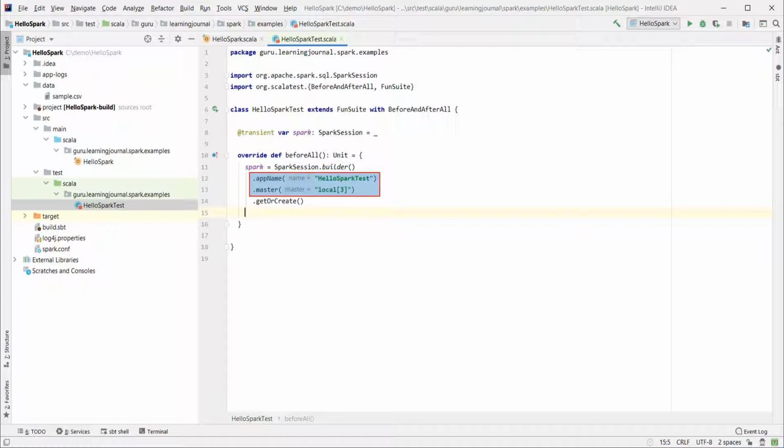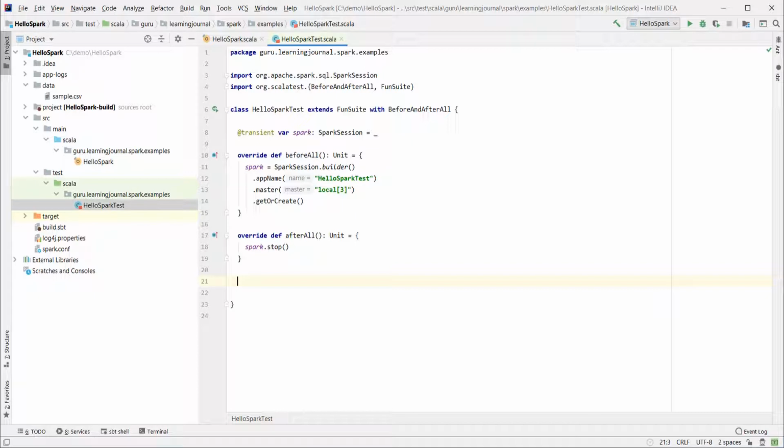I'm going to hard code the required configurations here and avoid using the spark.conf. Why? Because all the configurations in my spark.conf file may not make a good sense for unit testing. So it is good to hard code specific configs for unit testing or create a separate spark.conf file for your unit test cases. Great. We also have an after all method, which is the best place for your cleanup. All I have is the Spark session, which I want to stop. Now we are ready to implement our test cases.